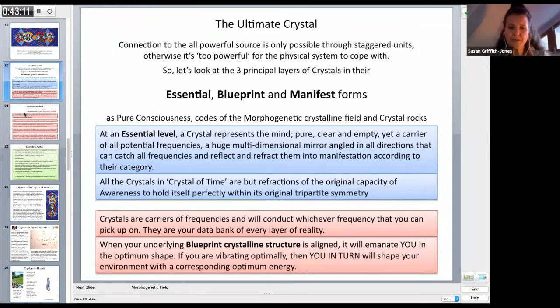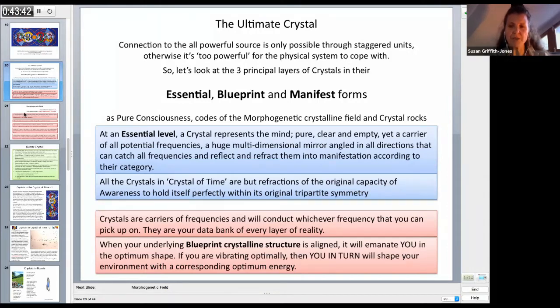All the crystals in Crystal of Time are but refractions of the original capacity of awareness to hold itself perfectly within its original tripartite symmetry. And I described that to you last time in relation to the Pythagorean tetrad. We looked at the 10 points of the Pythagorean tetrad with 4, 3, 2, and 1 points going up step by step. And how the shapes within that Pythagorean tetrad reflect this meaning of the process of awareness